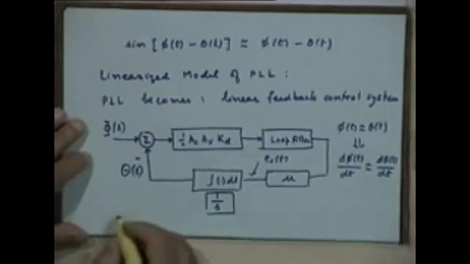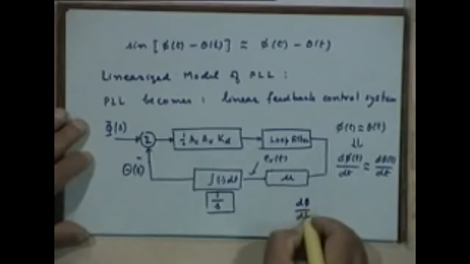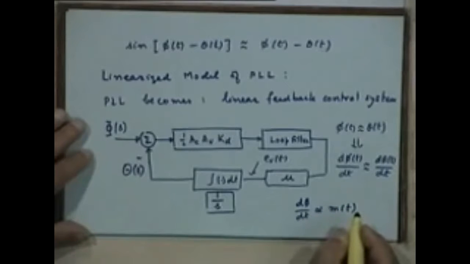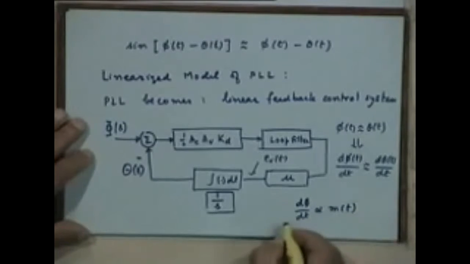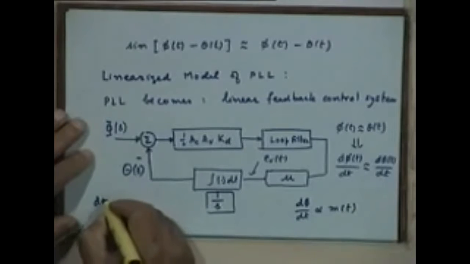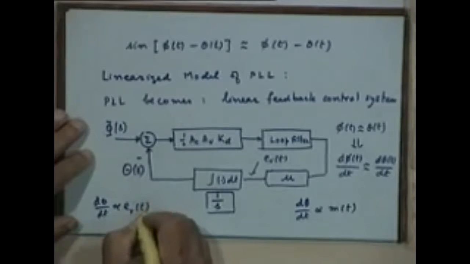But what is d phi by dt? d phi by dt is proportional to the message signal m(t) if the input signal is an FM signal, and d theta by dt is proportional to E_v(t),